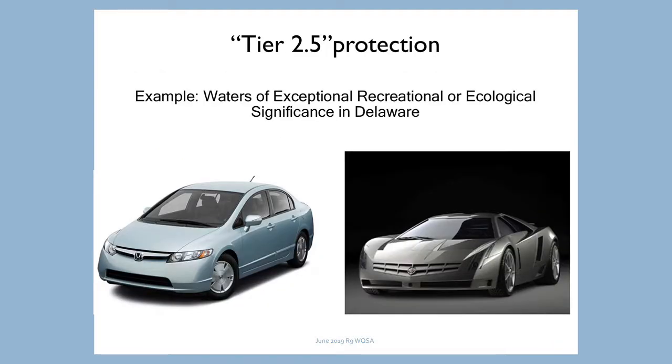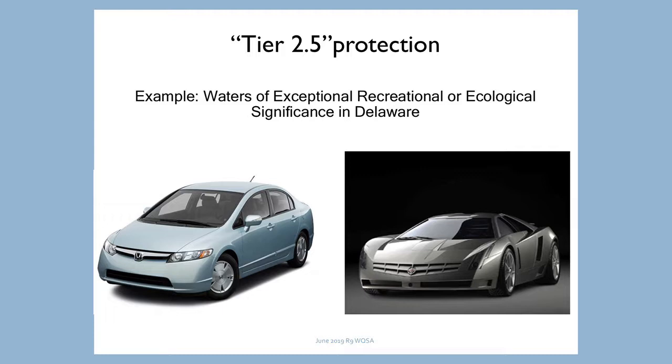All right, so this is where I was talking about where some states have found a way to walk a fine line between Tier 3 and Tier 2. This concept of Tier 2.5 is not in EPA's regulations. What states have done, because Tier 3 is sort of draconian, right? It's like absolutely no degradation, except for short term. What some states have done is they've kind of souped up their Tier 2, so souped up version being the one on the far side,